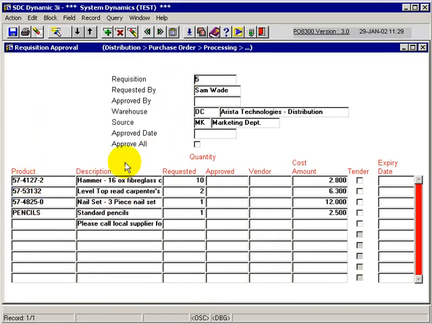The product code is listed down here, the description, the requested amounts, and it allows the system to maintain the approved amount, the vendor that we want to assign it to. It even allows us to override the cost, etc. And as far as any given item that we choose, we can actually interface and put it out to tender with our e-business, business-to-business applications, and give it an expiry date on that particular